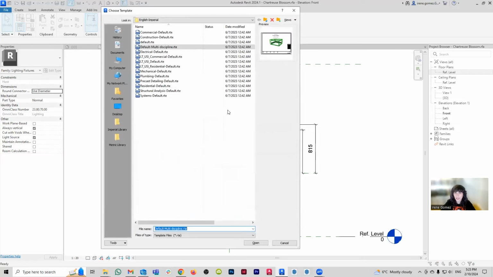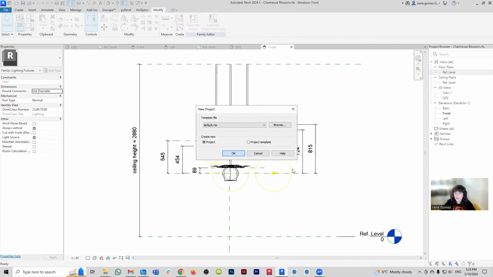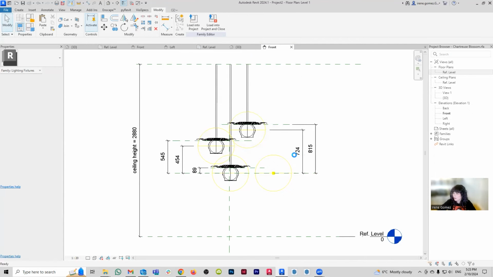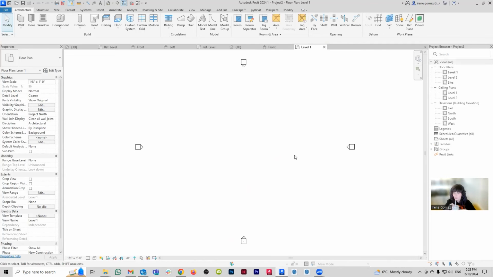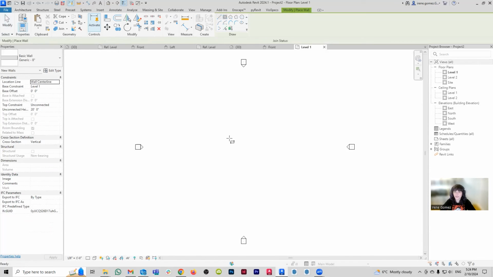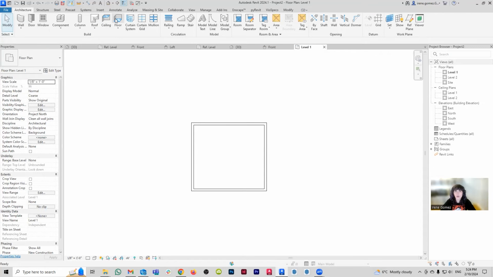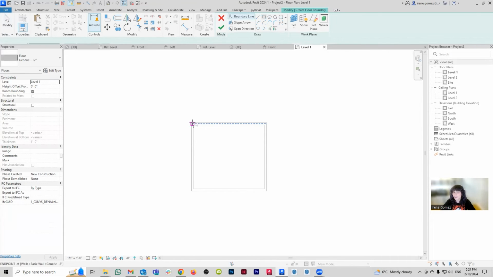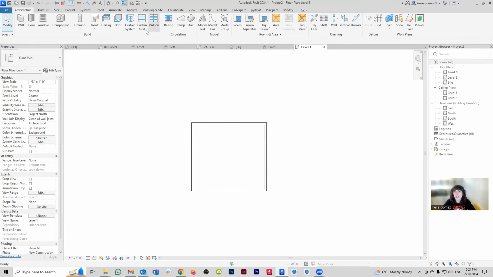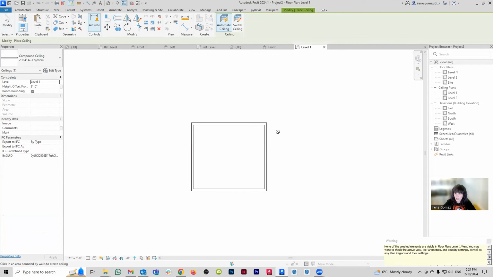and I'm just going to go with like a default. Yes. Okay. And usually what I'm doing is that when I create lighting fixtures, I like to make them, bring them into like an isolated project that is literally just 4 walls, a floor, and a ceiling, just so I can see how they behave. If they work well, then I can bring them into my project and I can see how they interact with all of my materials and the rest of my geometry. But in the beginning, I just want to see if it behaves the way that it should.